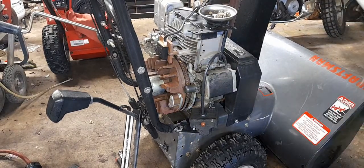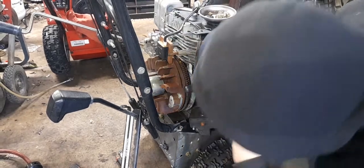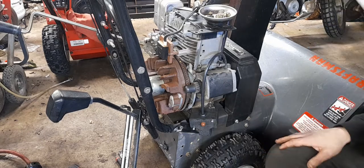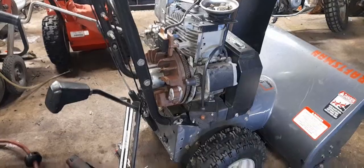that's not logically needing to be that, except for a space issue and to protect the line. I understand it, but it makes no sense. Per se, we're going to replace that primer line certainly as well. So now that we're in here,